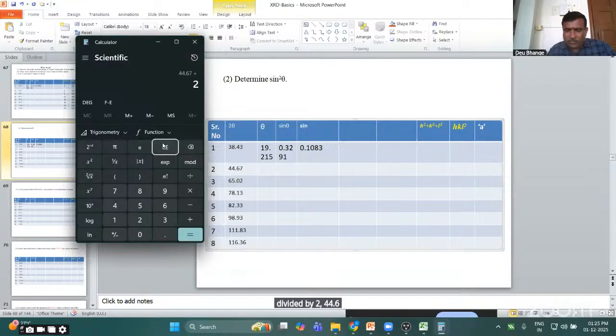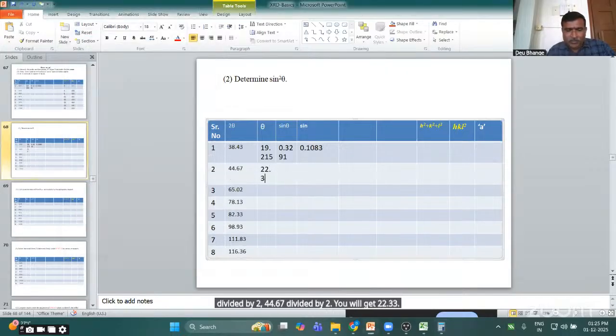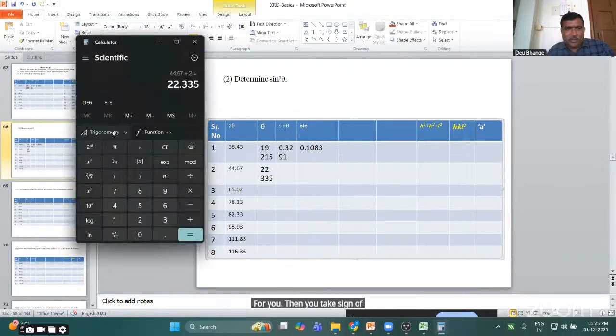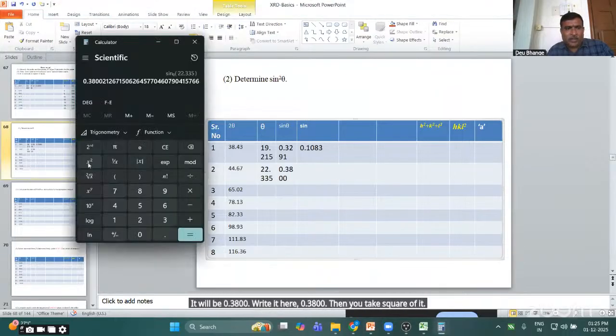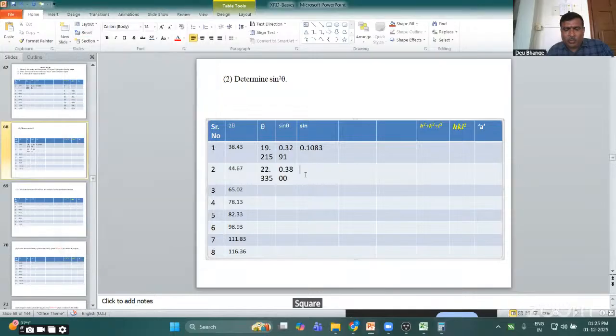44.67 divided by 2, you will get 22.33 for you. Then you take sine of it, trigonometry, sine. It will be 0.3800. Write it here, 0.3800. Then you take square of it, 0.1444. Okay, take the next angle,